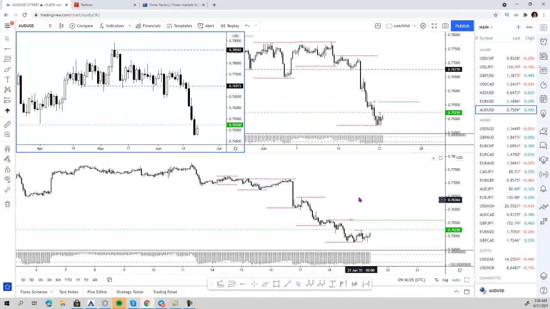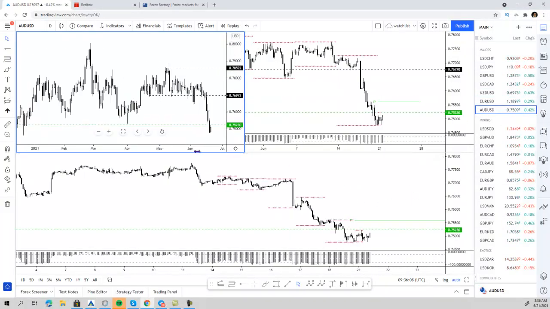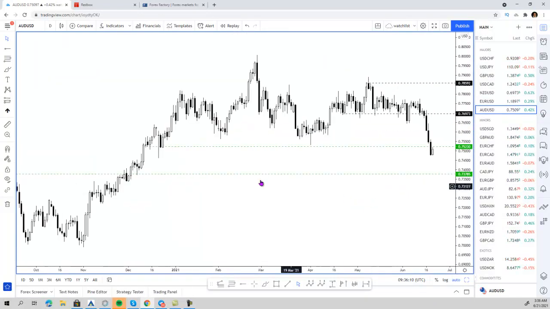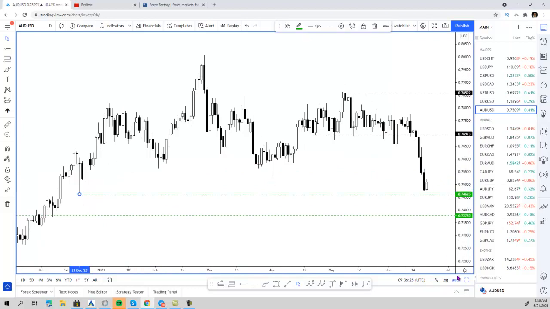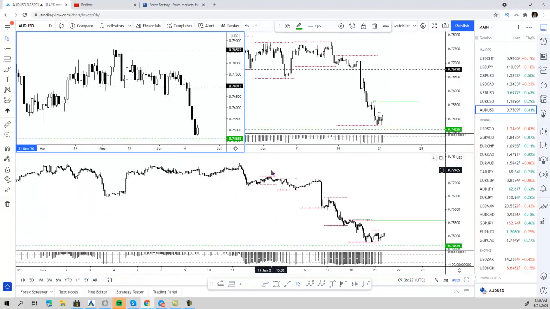The Aussie, on the other hand, again, the same thing with the Aussie. We breached that key level, but the Aussie still has that very low that we printed on December 21st as the next key level. On the other hand, there is absolutely